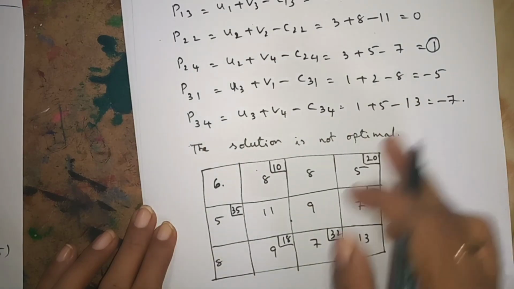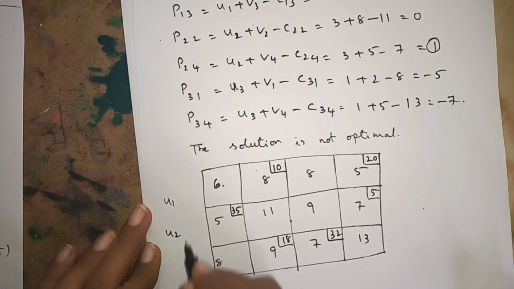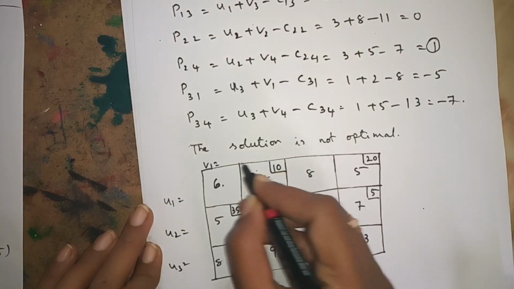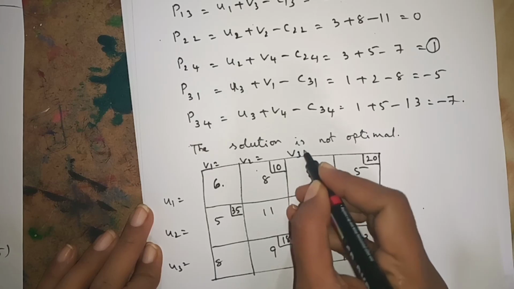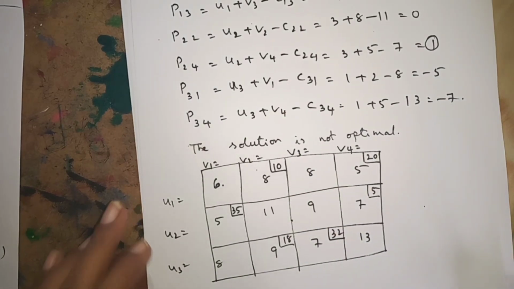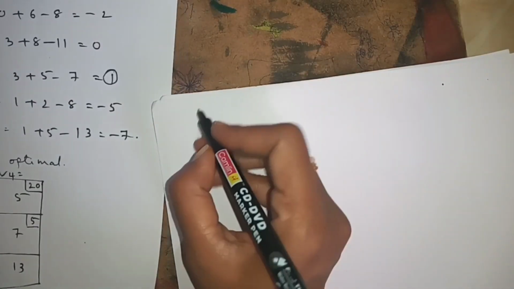The solution is not optimal. The solution is not optimal means again the same thing: U1, U2, U3 values you need to calculate, and V1, V2, V3, V4 values, just like the previous one, you have to calculate using the formula for occupied cells and unoccupied cells. Now how to calculate? Again I will tell you. For occupied cells,